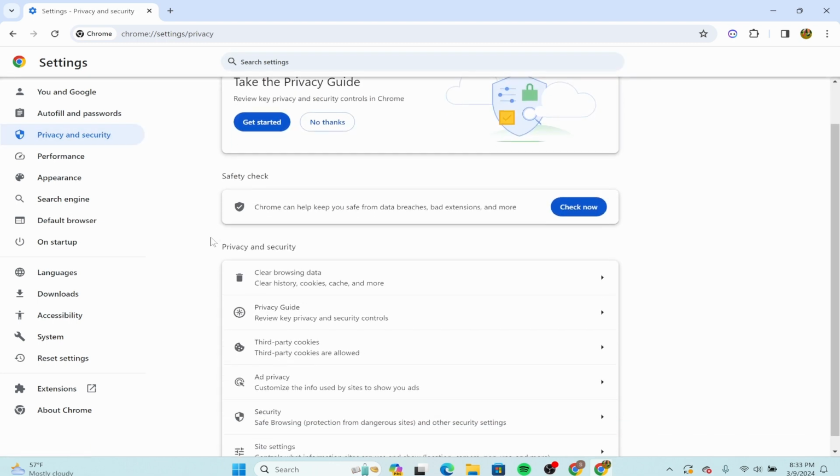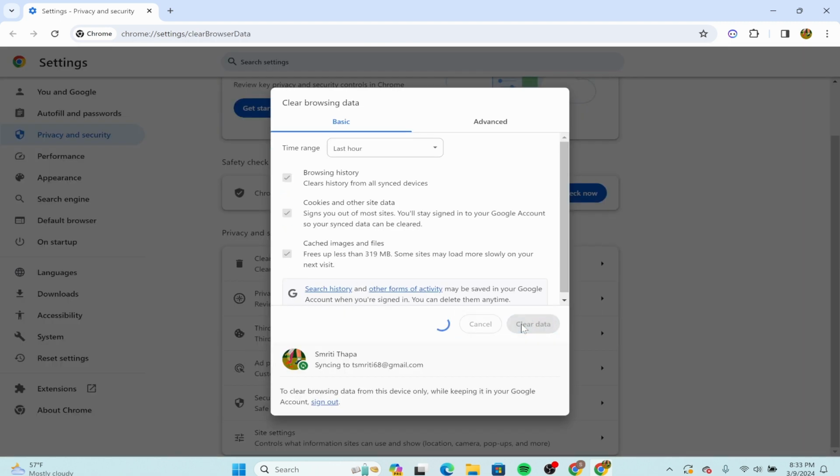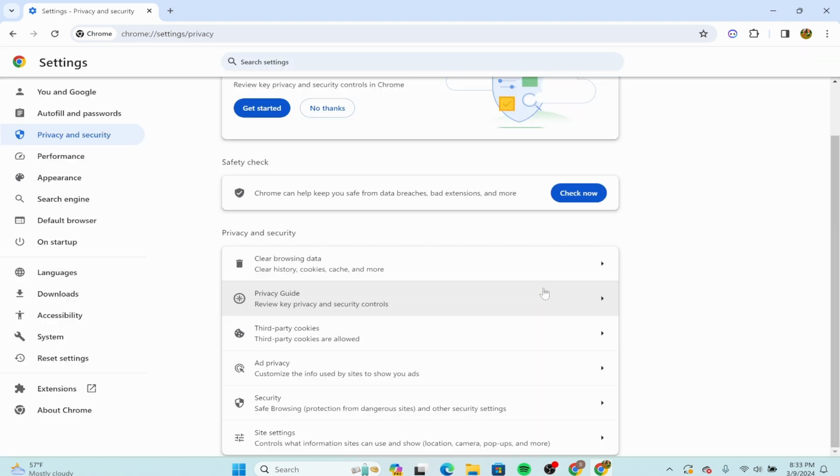And under the privacy and security, try clearing your browsing data as well and clear the data. And then click on the OK, got it option. This can sometimes also fix the link direct open on browser, or you could also try checking your browser extensions,